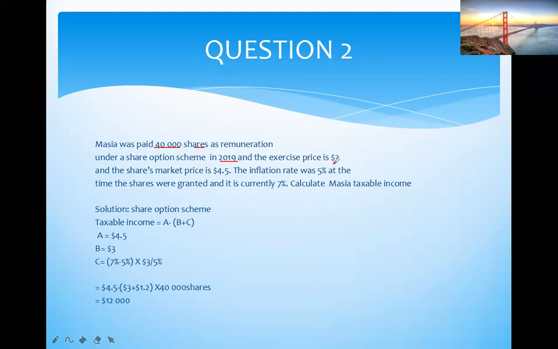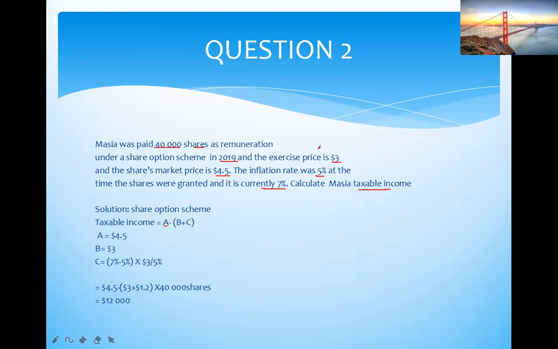The exercise price that was there was $3. Then the current market price of these shares is currently trading at the Zimbabwe Stock Exchange, let's say at $4.50. And the inflation back then when the shares were granted was 5%, and in this case the inflation rate at the moment is now 7%. Then the question is to calculate Marcia's taxable income, and under this question we need to